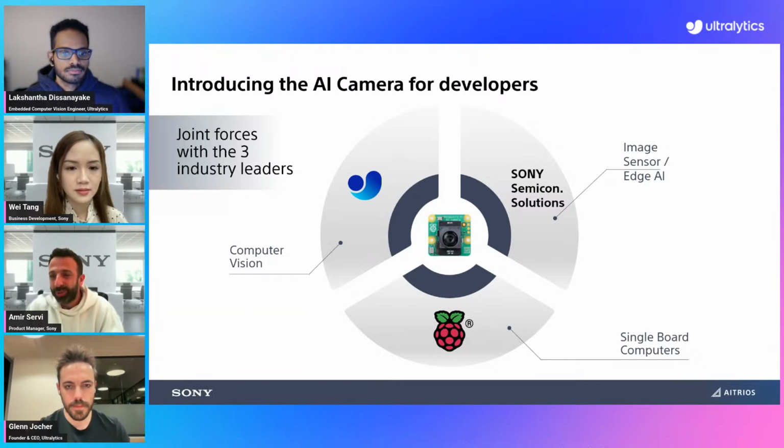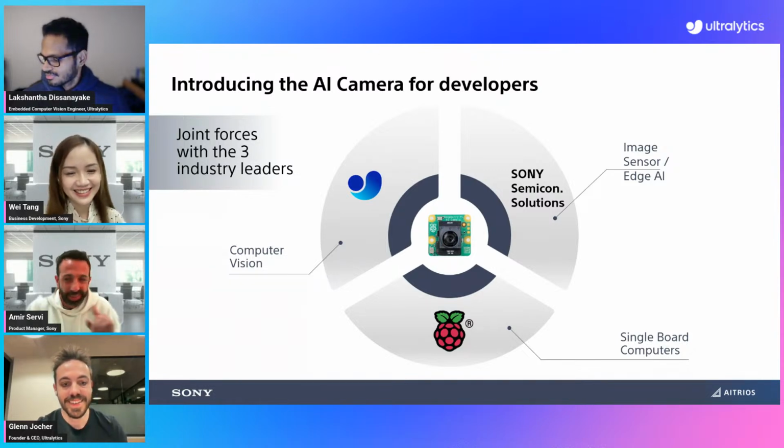This is how the camera looks, by the way. It's so small. Yeah, it's actually very tiny. We need a banana for scale. Yeah. We will see it in a second. We will also see how simple it is. By the way, we will do a